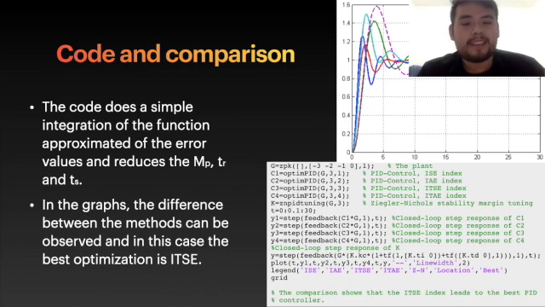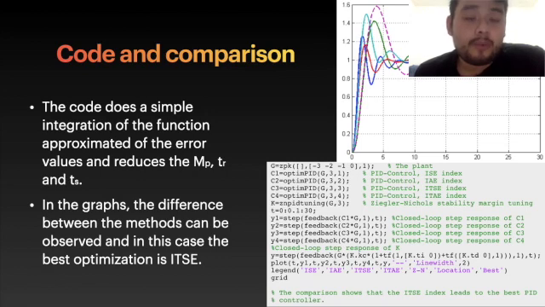MATLAB makes it easy to call the different processes, the different methods. We have that 3,1 calls for an ISE index, 3,2 the IAE index, 3,3 calls the ITSE, and 3,4 calls the ITAE. So we have these different graphs in the part above, in which we are comparing it to the Ziegler-Nichols